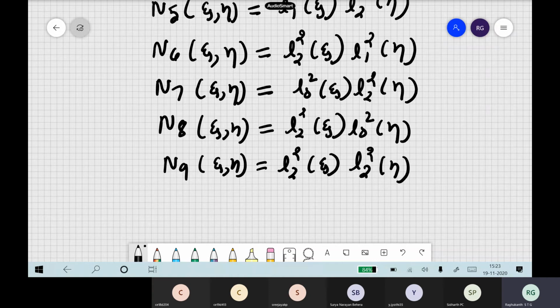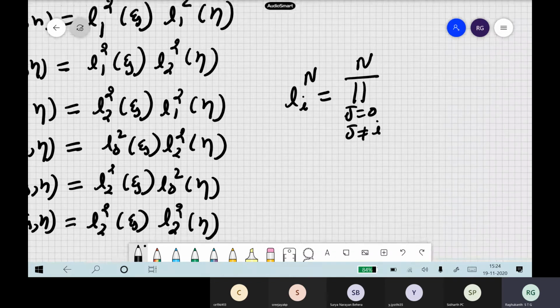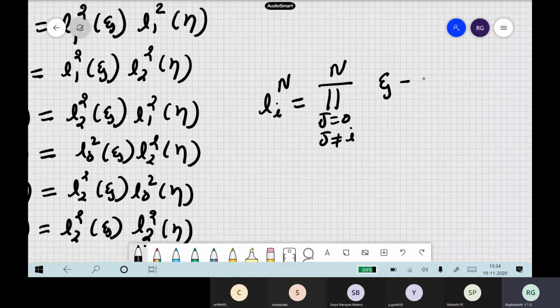We have already given the expressions. I hope all of you are familiar. Otherwise also we will write our Lagrange polynomials. Our notation was like this. Li, n is the order of the Lagrange polynomial. You remember? So this is n. So j is equal to 0, and of course j is not equal to i. So we wrote like this. This is our notation for Lagrange polynomials.